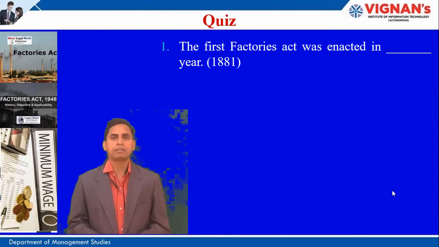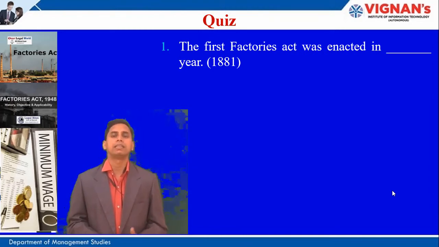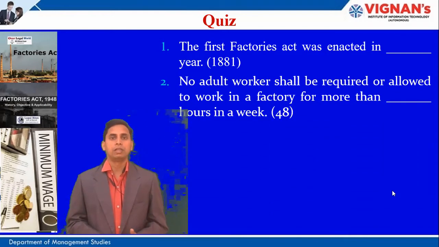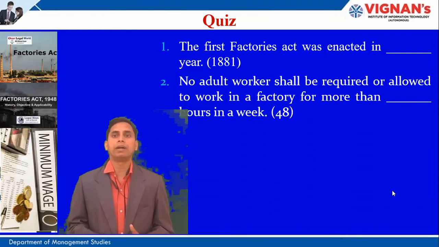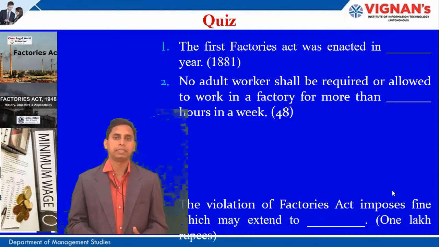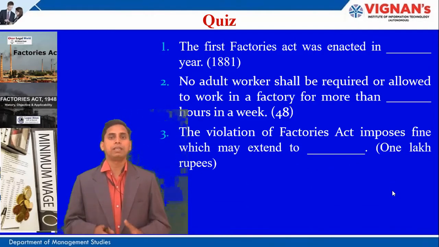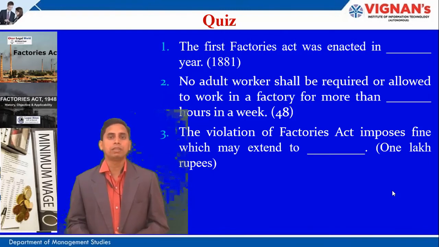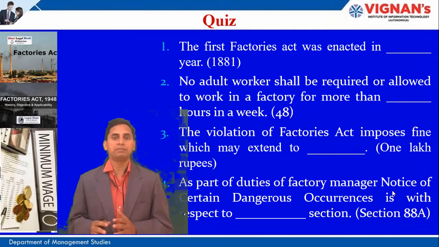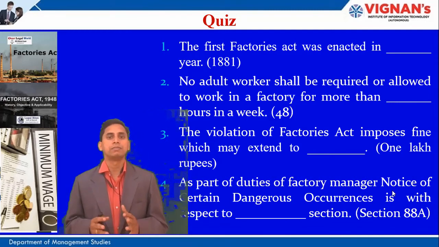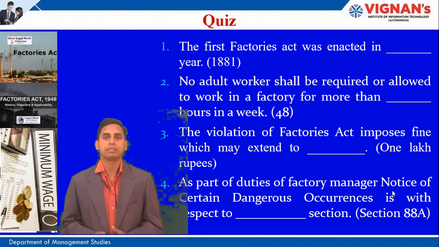Now let's have a small quiz on this topic. The first Factories Act was enacted in the year 1881. No adult worker shall be required or allowed to work in a factory for more than dash hours: 48 hours per week. The violation of the Factories Act imposes a fine which may be up to 1 lakh. As part of the duties of the factory manager, notice of certain dangerous occurrences is with respect to dash section. It is section